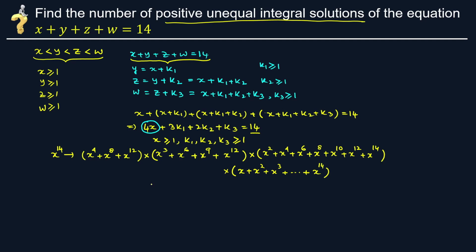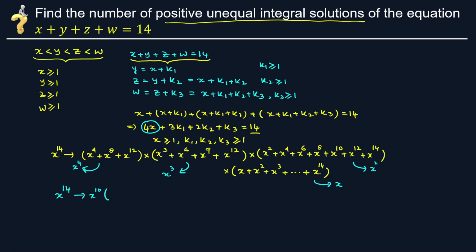So what I will try to do here is, first I will take x to the power 4 common from the first expression. From the second expression, I will take x cube common. From the third expression, I will take x square common. And from the fourth expression, I will take x common. So actually we are having x to the power 4 into x cube into x square into x, that gives us 10, right? So actually we are finding the coefficient of x to the power 14 in x to the power 10 into